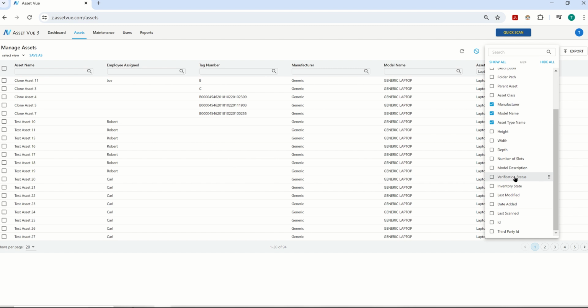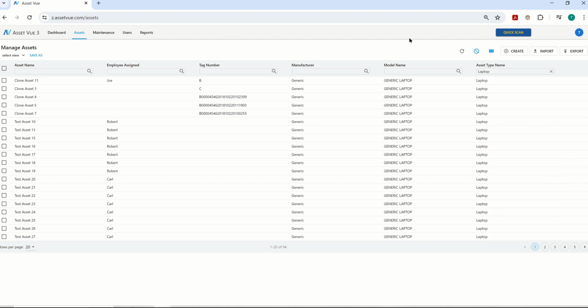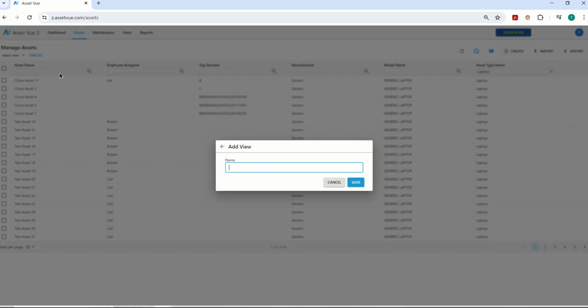So now I have tag numbers, which could also be optional as well, but I do have the main information such as the employee assigned here, and also the asset type of laptops here. So let's say that I might need to do this every week, maybe every month. I have the option to save this particular view. So if I were to hit save as here,